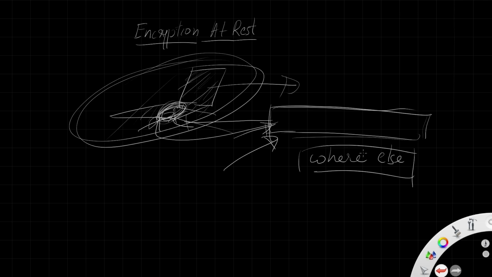Can we keep it in computer memory? No, we can't. Why? Because computer memory goes off when you turn off the laptop. All your data will get lost. You encrypted your disk and you lost your key. This whole thing will get lost. So what to do? Where do you keep the key?